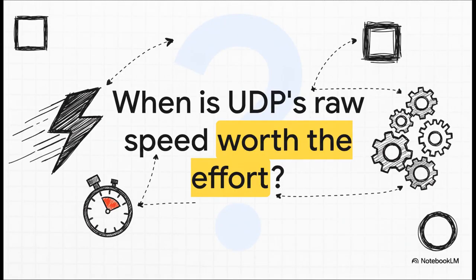So we've come full circle. The simple protocol isn't so simple after all. UDP offers that raw, low-latency speed that TCP just can't touch, but it comes at a steep price in engineering complexity. For most real-time apps, frameworks like WebRTC are absolutely the right choice. But for those extreme edge cases, we're talking high-frequency trading, AAA online gaming, where every single microsecond counts, that raw power is still there, waiting to be used. And that really leaves us with a final question for you to think about. For your next project, is that raw speed really worth the monumental effort?